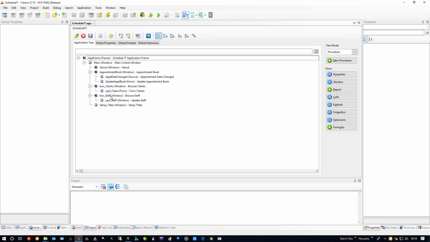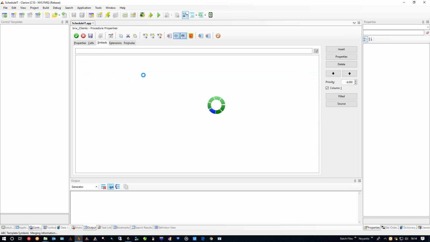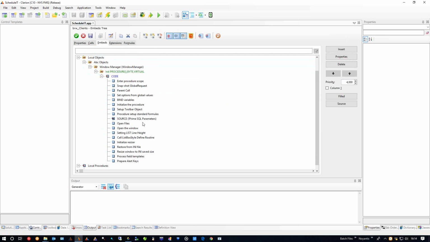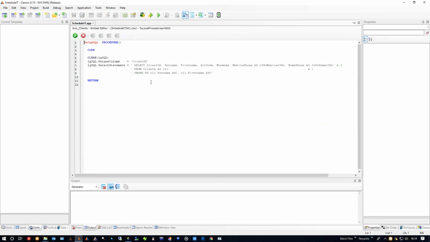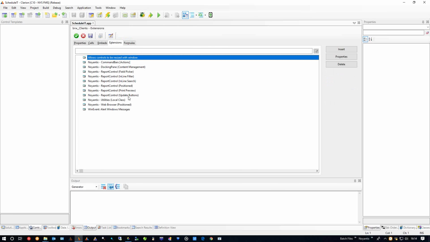With this example, you'll see, let's just take that browse clients window you're on. There's very little by the way of embed code, and it's going to be even less before the next build. The only thing we've got here is literally a call to prime up a SQL select statement and actually build a SQL select statement. So really nothing exciting, but we're actually going to make that even easier. So to accomplish all of that screen, we're not going to need any embed code. So the new things you've got coming your way are,